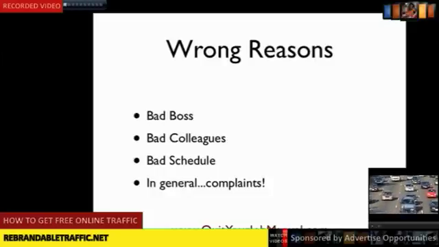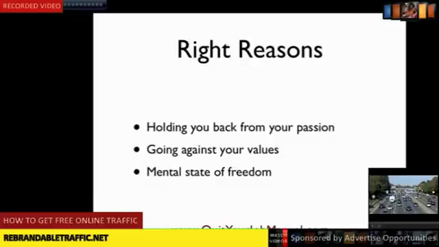Now, if you're on the flip side of the coin, let's talk about the right reasons to do it. The right reasons to quit your job is when you have a mental state of mind that says, this job's holding me back. I'm so passionate about this other thing, and here I am stuck spending 5 days a week or 6 days a week or sometimes even more doing this other thing, trading the days of my life away for this other thing just to pay my bills or just to do it because it's what I've always done or because I have seniority there or whatever. If you realize that this job is actually preventing you from experiencing and expressing a passion, then that's a really good state of mind to be in because you're more motivated and you're driven with purpose.